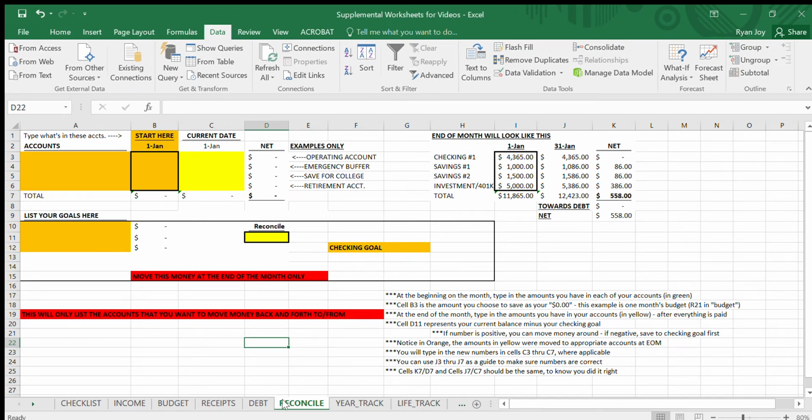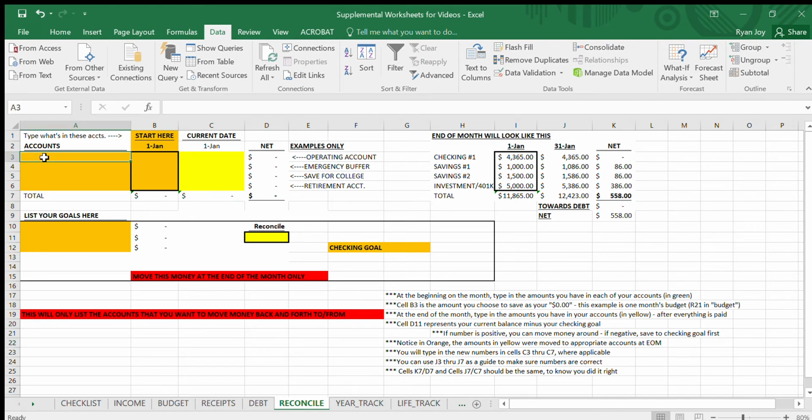So we're now on the Reconcile tab of the supplemental material. You'll see down here, we're looking at the Reconcile tab. And this is where we'll just have you type in some things to get you started. Again, with all of these introductory videos, we are not going too in depth as to how all of these interconnect with each other, but I wanted to have you get these set up accurately before we dive into a lot of the details. So where you would start with the reconciliation is you just start with the bank